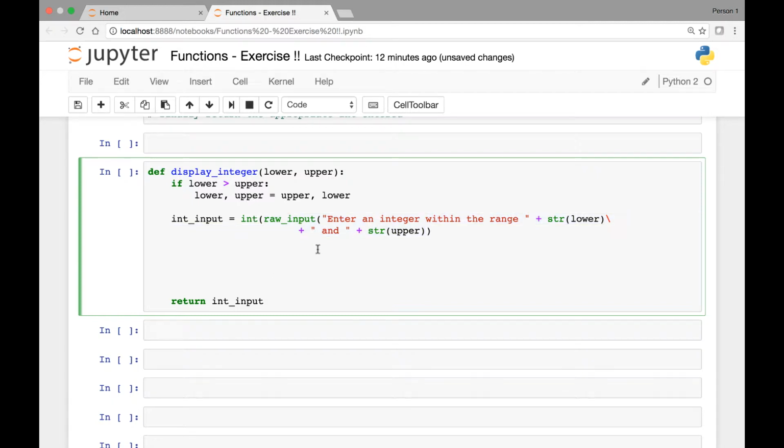Next, what we will do is we'll take this integer input and then check if it's within this lower and then upper range. Let's do that. We can say while integer input is less than the lower limit, or while the integer input is greater than the upper limit,